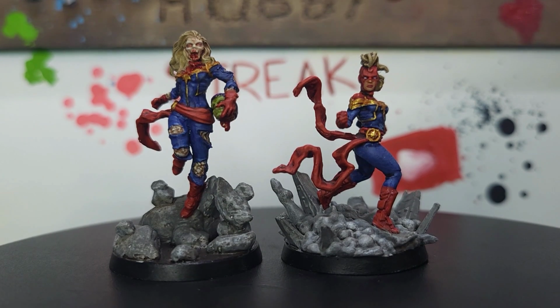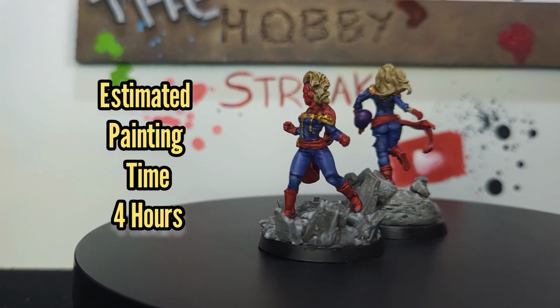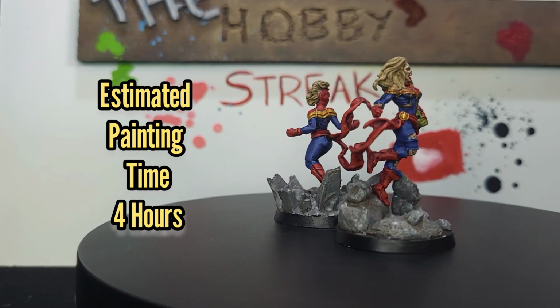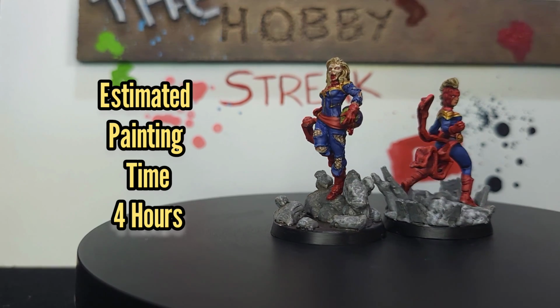Really enjoyable models to paint, if not a little bit fiddly with some of the detail on the boots. However, if you take time and go nice and slow, everything will be perfectly fine. Overall, these guys only took around about 4 hours to paint for the pair, and they are quite enjoyable to